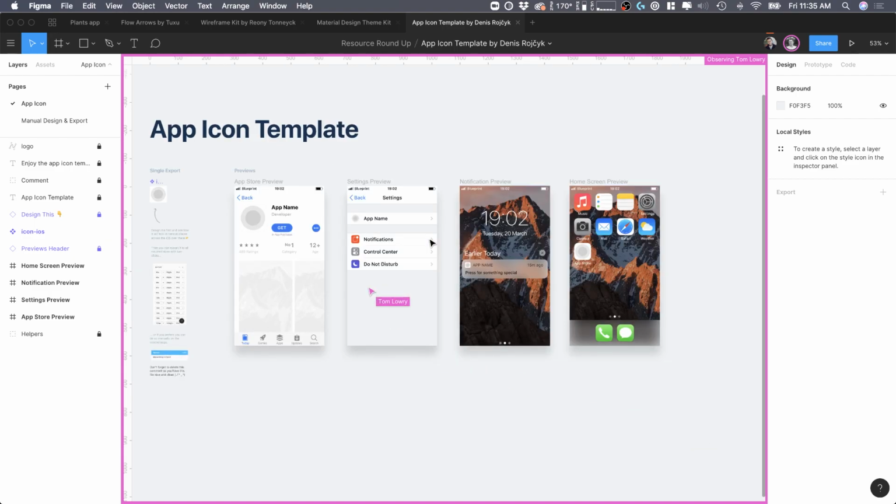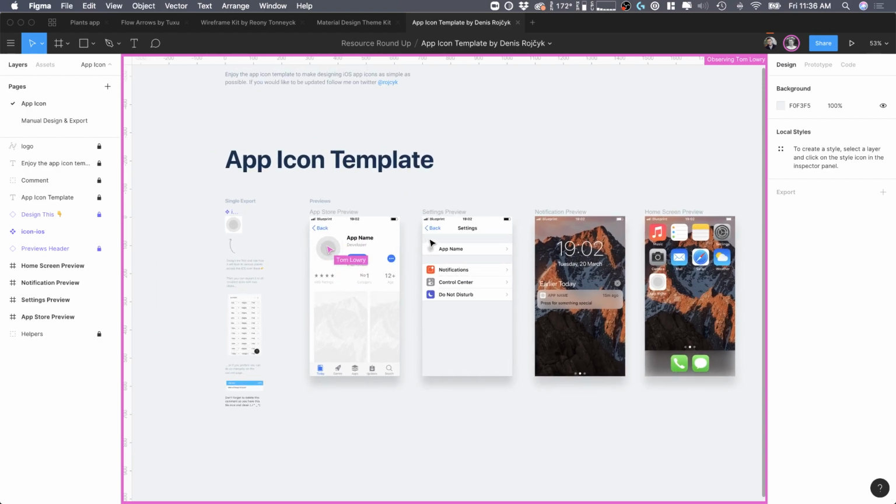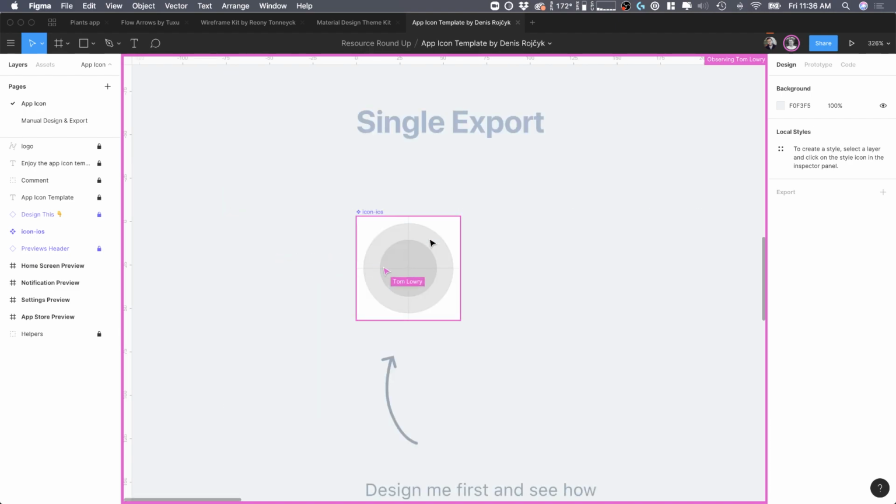This icon template I really like because it gives you context of where those icons are going to show up. So you get an idea of what it might look like in the App Store, in a settings menu, or on a notification that's showing up on your home screen. And the component you can edit here. So if we want to add an icon here,